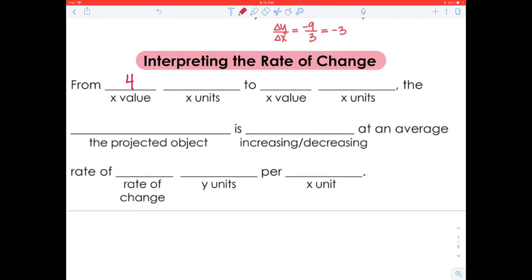So from 4 seconds to, so the next x value, that's your end point on your interval. We ended at 7. From 4 seconds to 7 seconds. Whatever object you're talking about, whatever's being launched, or if we're talking about flu season or coronavirus, that's what you would say. So here our graph doesn't really represent anything, so let's just say the projected object